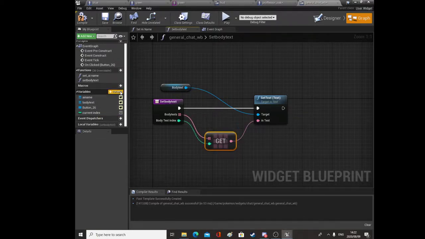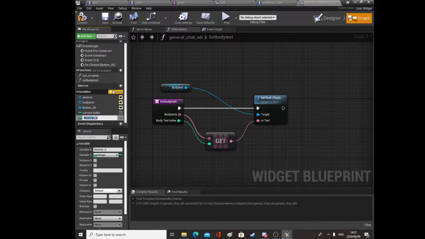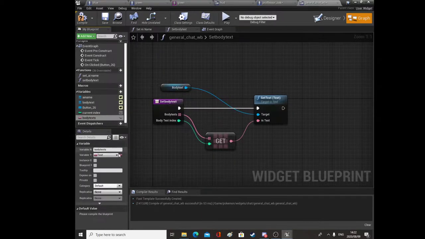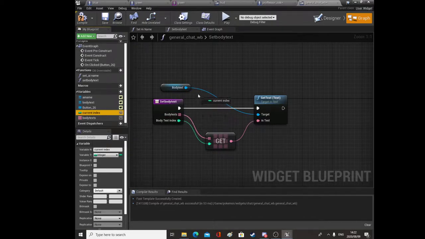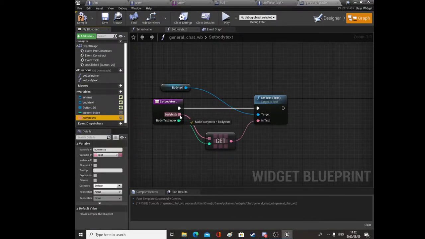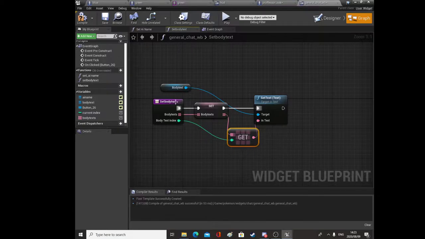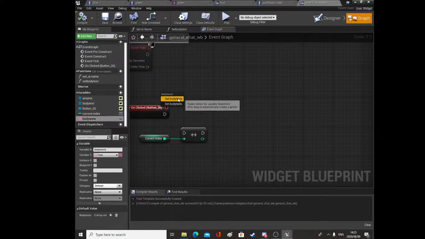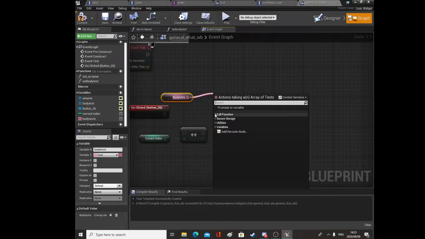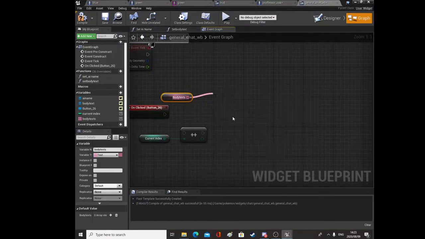Sorry about that, guys. So we need to make a new variable. We're going to call this body texts, and we'll make it of type text, and it'll be an array. So we're just going to set that, not current index, body texts. Alright, and we'll plug that in like that instead, and compile. Then we need to go back to the event graph. We need to get our body texts, and we need to get the last index,